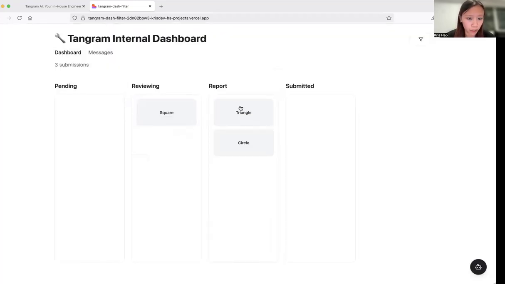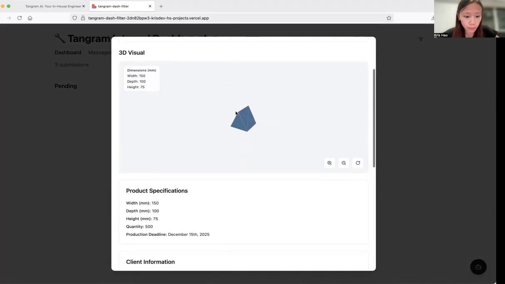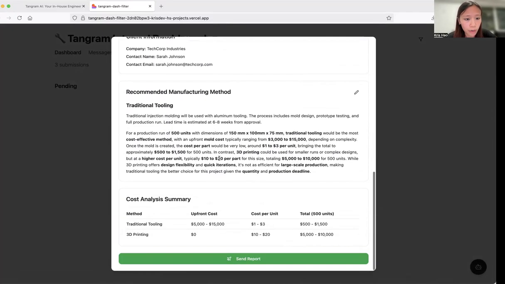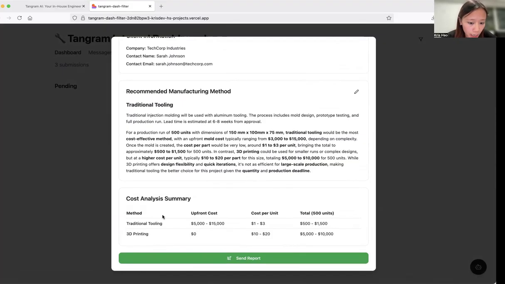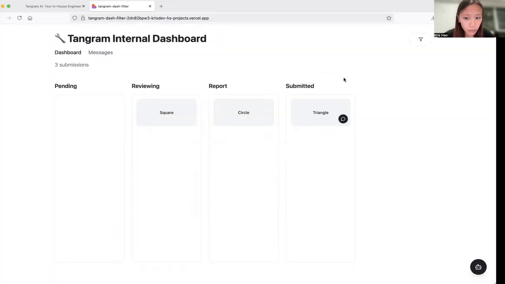In the report column, we see our company logo, our executive summary, 3D visual, product specifications, client information, our recommended manufacturing method, as well as projected costs of both traditional tooling and 3D printing. Once our engineers are okay with this, they can send the report where a success message is shown to our engineer. And then you can either directly contact a client over here,